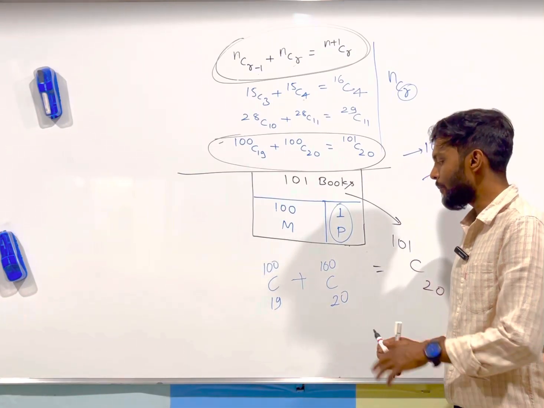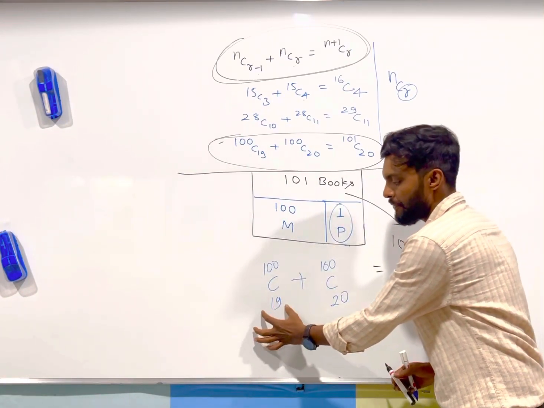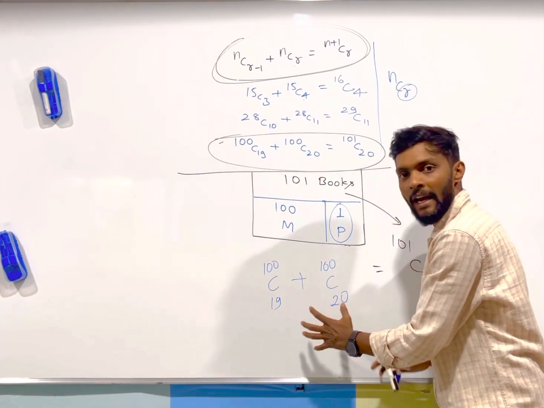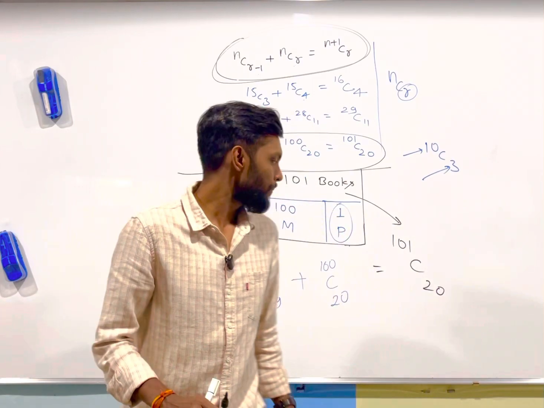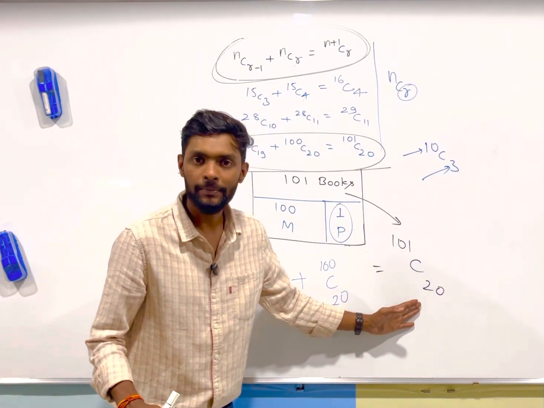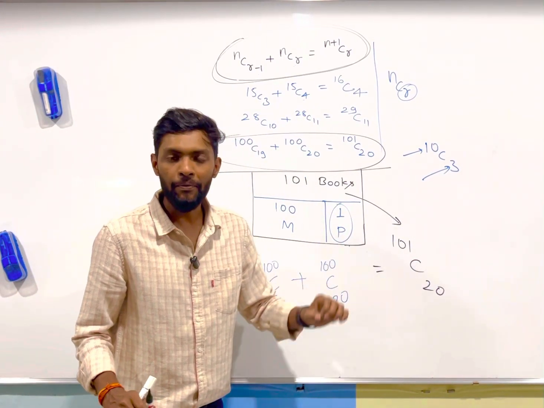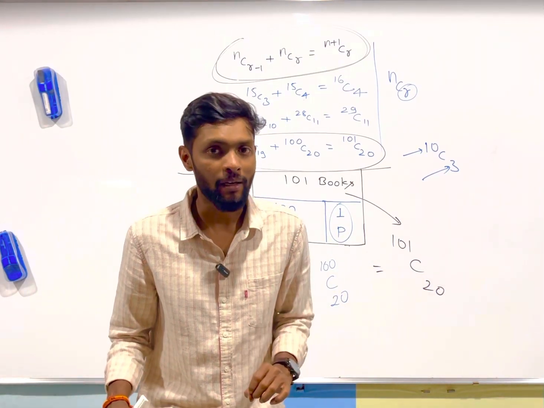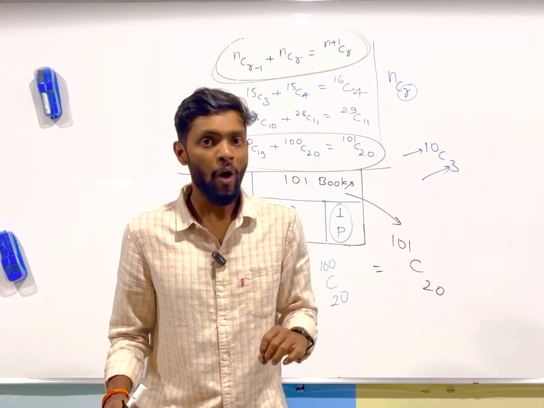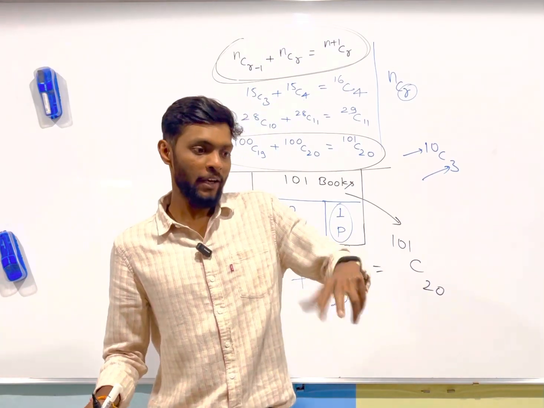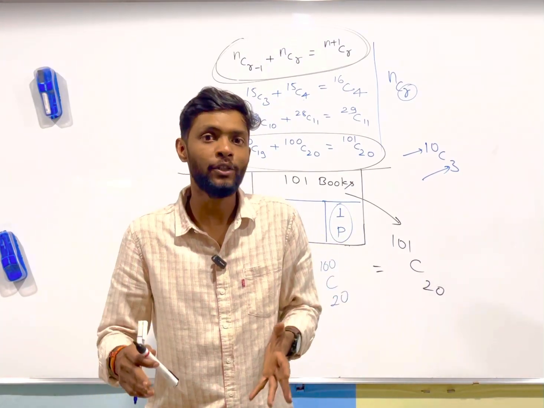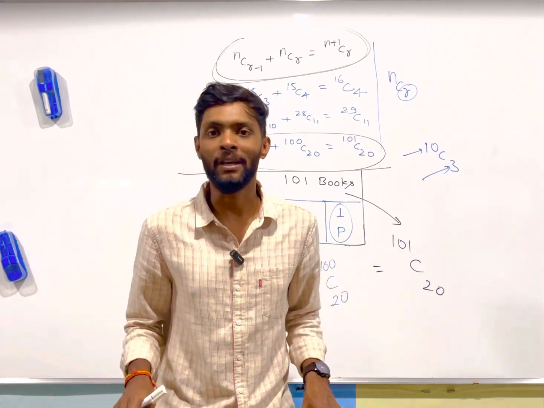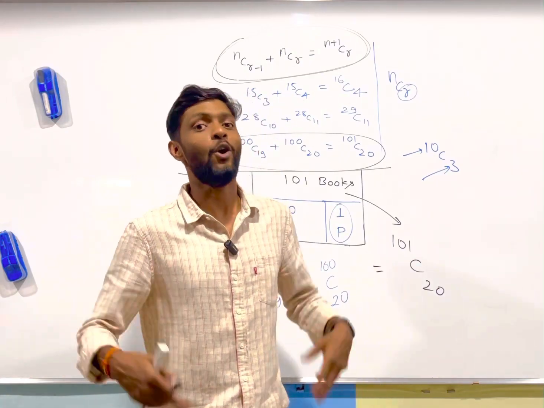So we calculated both cases: the one in which the physics book is selected and the one in which it is not selected, and if we add them, we get the final result. If you have learned these two chapters properly, and if you know how to look at binomial theorem results through the eyes of permutation and combination, then the binomial theorem chapter becomes as beautiful as PNC already is.